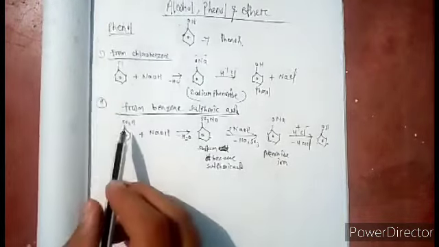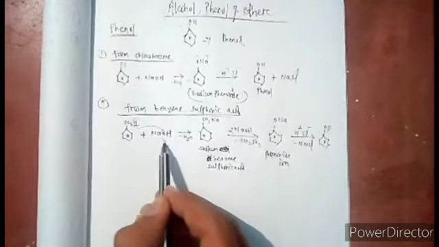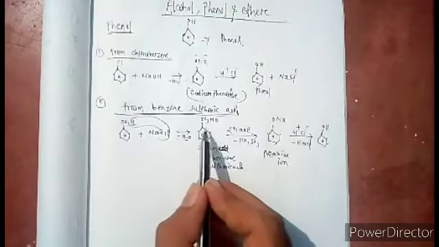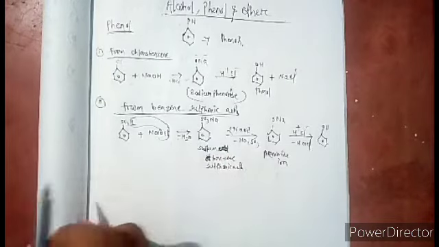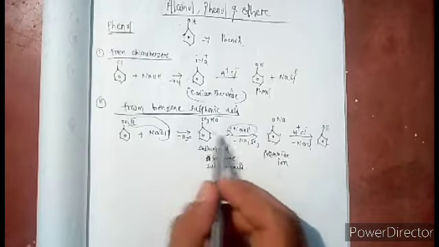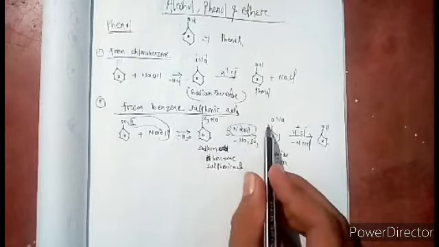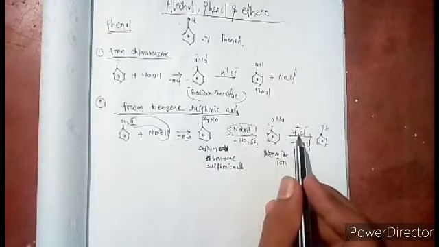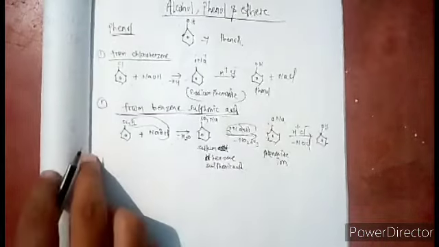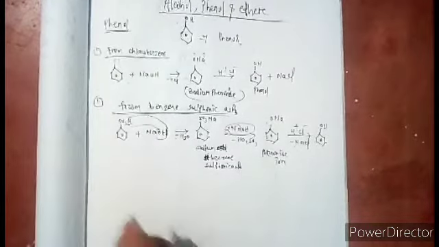What is the logic here? H and OH are removed as water, then this is sodium benzene sulfonic acid. Then again on reacting with 2NaOH, with removal of Na2SO3, it results in the phenoxide ion, that is ONa. Then on reacting with hydrogen chloride, it results in phenol with the removal of sodium chloride. So that is the preparation of phenol from benzene sulfonic acid.